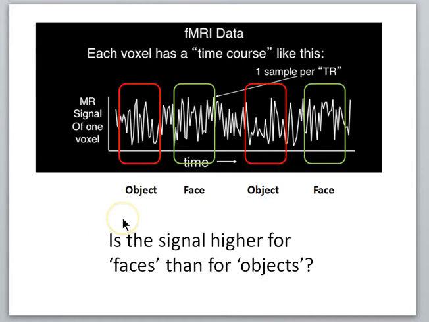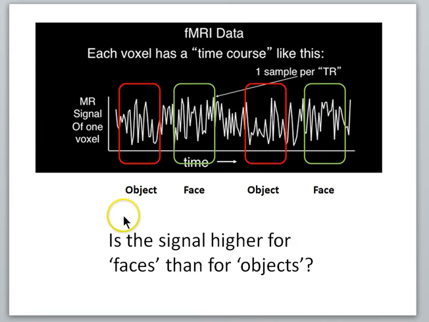So the basic statistical question is the following: is the signal higher for faces than for objects in any particular voxel, right? So here we have the person in the machine is seeing an object on the screen, and that little bit of brain tissue, that voxel, had this signal recorded. Then the face stimulus comes on, and this signal is recorded, right? And the object comes on, this signal is recorded, and then a face and this signal. And so what the statistical technique does is just ask this basic question. If you kind of just average the activity for faces and objects,